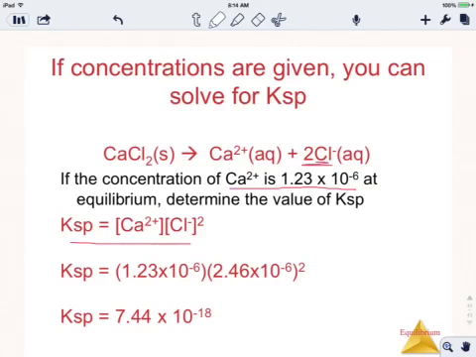Now if they have the same coefficient, then it's the same concentration. If there's a different coefficient, then you need to multiply by that number. In this case, we'd multiply the concentration by 2 because of the 2 in front of chlorine. If there was a 3, we'd multiply it by 3. You plug in the values for concentration. Don't forget to square the chloride ion concentration,